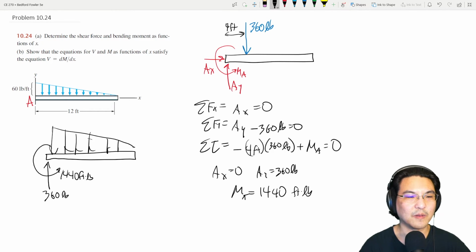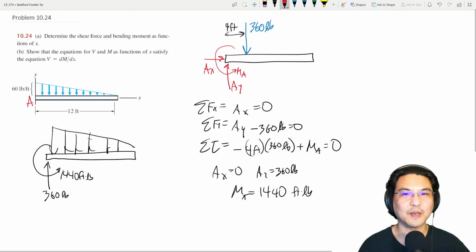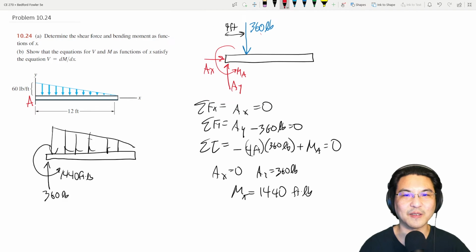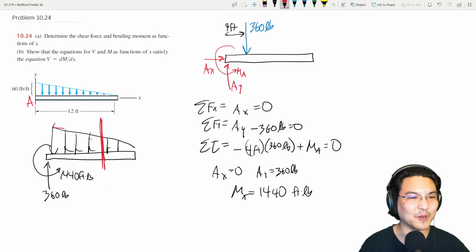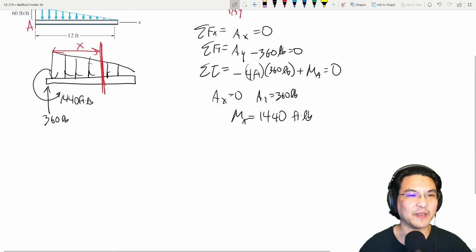So let's cut this at some arbitrary point X. We don't want to do it to this representation. You can't just cut it over. That's not right. You have to go back to the original and then cut it at some arbitrary X between 0 and 12 feet. Okay, so if we do that,